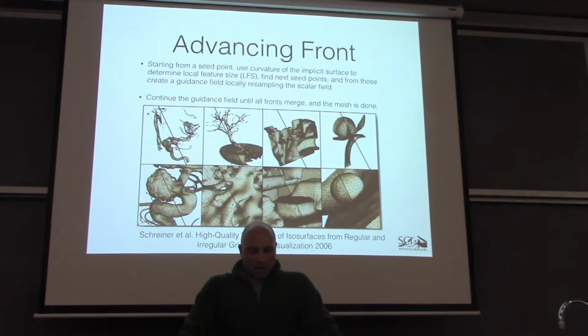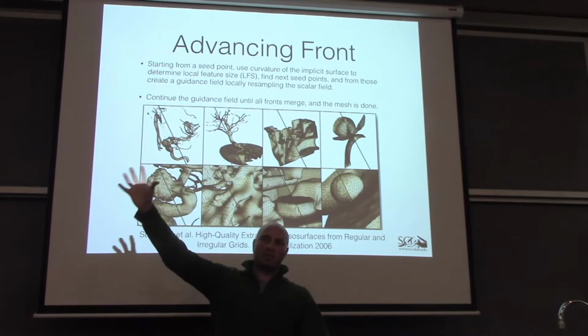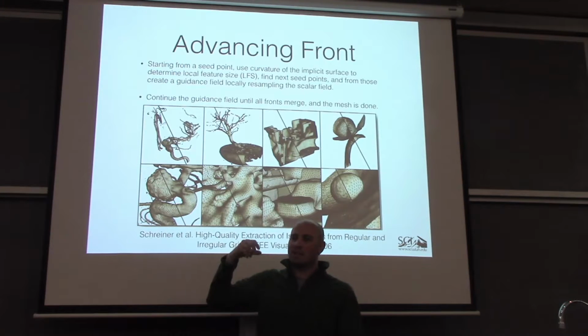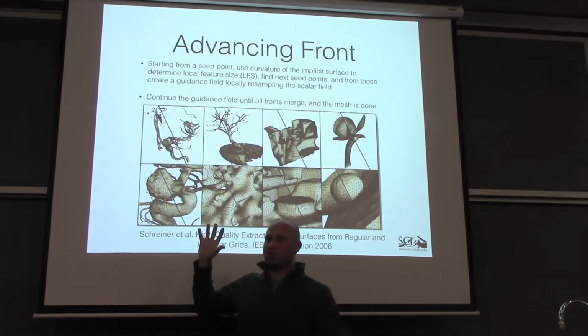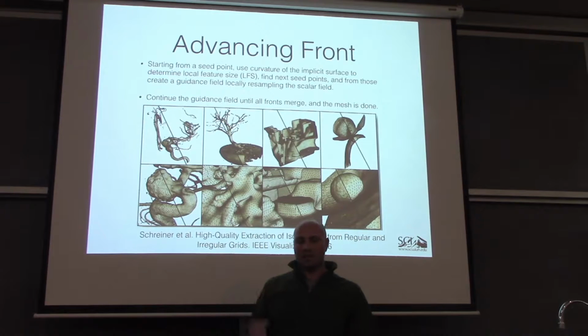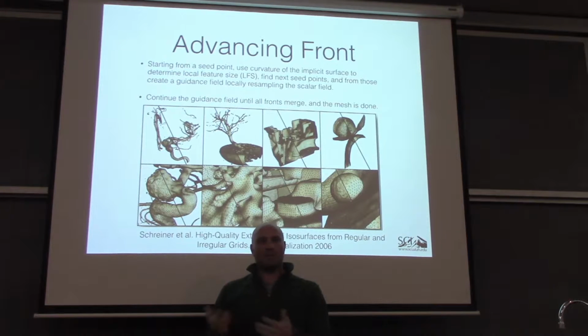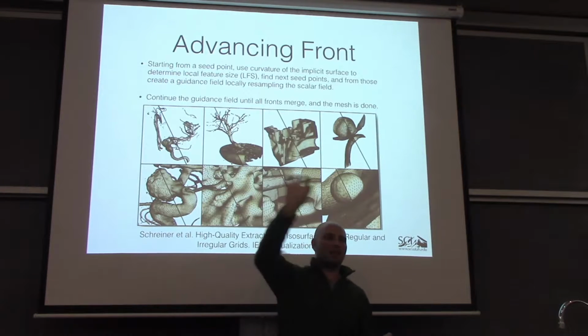The first one I should talk about is a paper from John Schreiner et al. from Viz '06, which is essentially a method for starting with a seed point, building a front from that, using geometry processing techniques, specifically local feature size from the work of Nino and Menta, to determine where to place the next seed points. And generally, these seed points can be extracted not from your raw scalar field, but from a resampled, usually higher order guidance field that's going to tell you